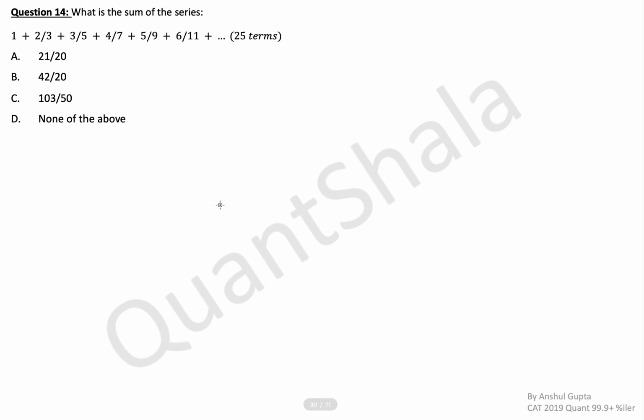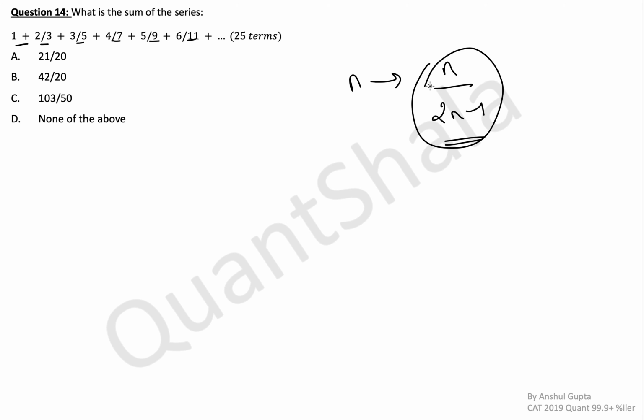Okay, this is a very interesting question. This might have looked very tough to you, but this was nothing but half a minute, 30 seconds. Sum of the series 1, 2 by 3, 3 by 5, 4 by 7. So there is a pattern here. What is the pattern? Numerator increases by 1 every time, denominator increases by 2 every time. So you will try to make a series out of it such that nth term means n divided by probably 2n minus 1 and then trying to compute a sum of this one. That will get very complex and maybe out of scope of CAT as well.